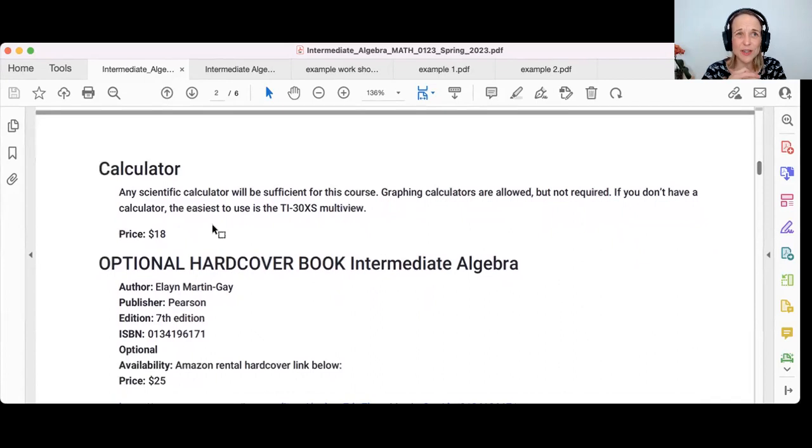All of our graphing, we're going to be using Desmos.com to do our graphing, so you don't truly need a graphing calculator in this class, nor in college algebra, I would say. Yeah, that's what I would say. I find it much easier to graph on a website than on a graphing calculator.